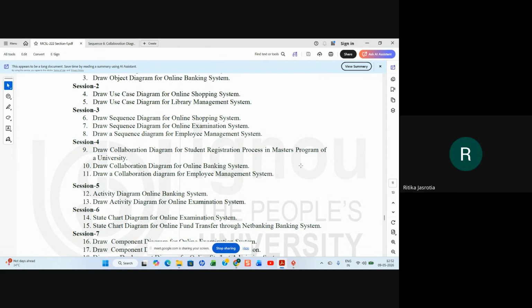So any one process you can explain. That is your wish, because if you take all the things in one go, it will be a little complicated. Do you understand? The collaboration diagram also will get complicated. So many messages you have to pass, right?